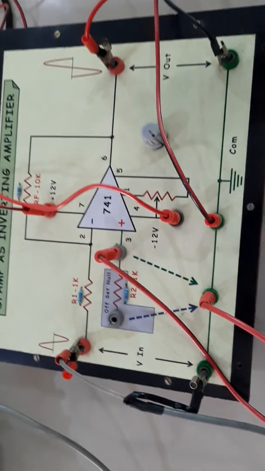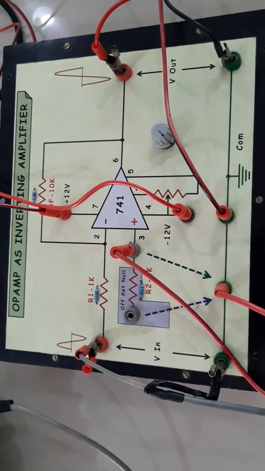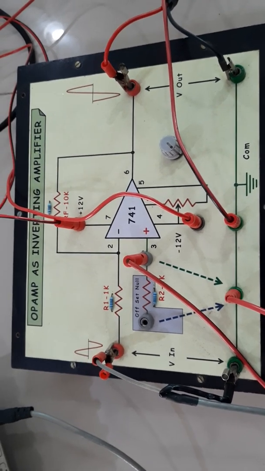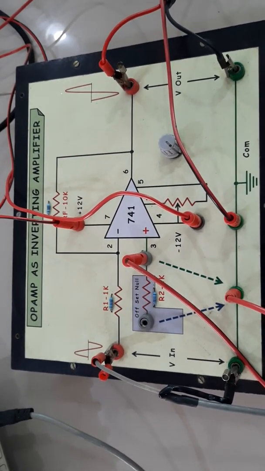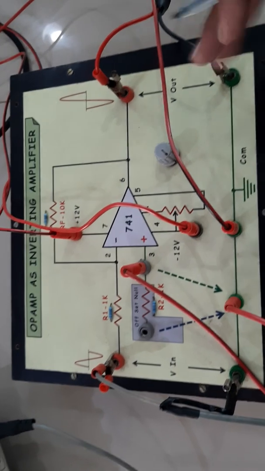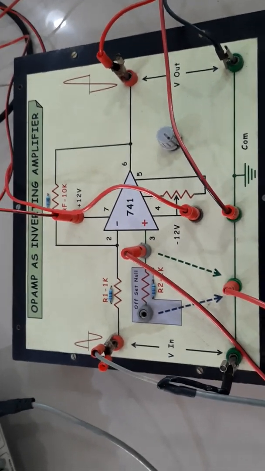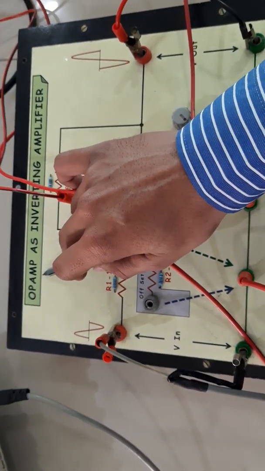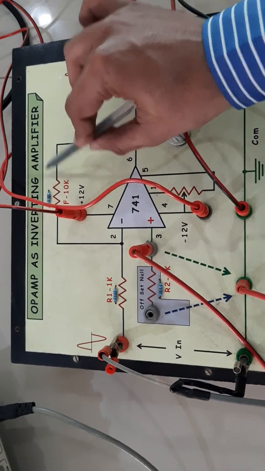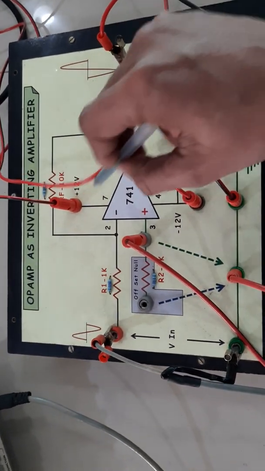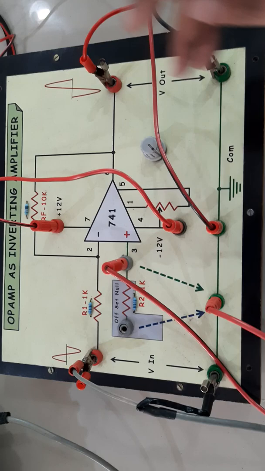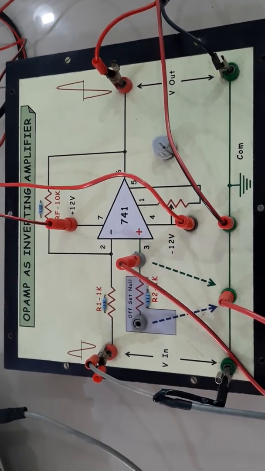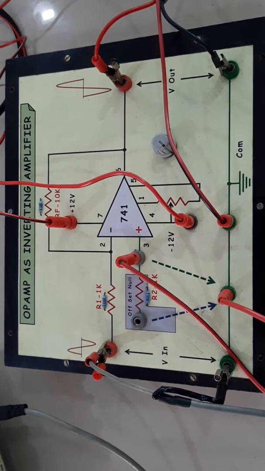As there are a number of amplifiers available, you can use BJT, you can use FET. In that also you can use different configurations, common base, common collector, different types of amplifiers are there. But today we are going to study op-amp as an inverting amplifier. So the operational amplifier is being used as an inverting amplifier. Now before going to the amplifier stage, let us first understand what an op-amp is.